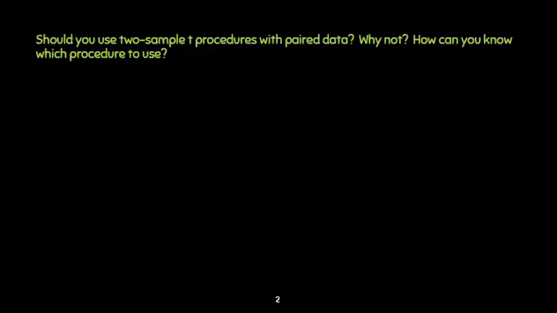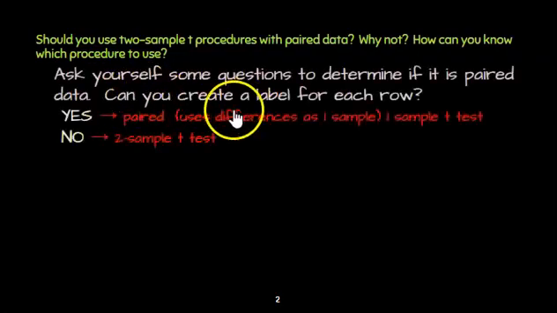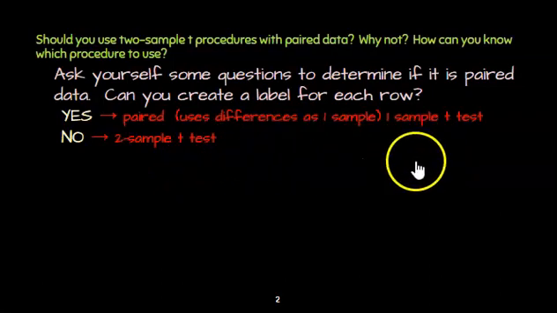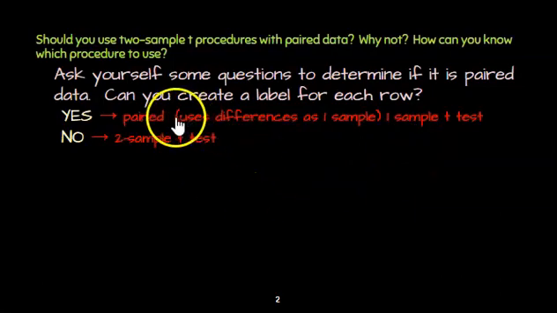Well, here's some questions to ask yourself when you're looking at two sets of data. First of all, can you create a label for each row? Does each row represent one individual subject or one individual piece of land or something like that? If you can say yes to that, then it's a paired test, which means you subtract the differences and use the differences as a one sample t-test. If you say no, then you would do a two sample t-test like we've done in the second half of